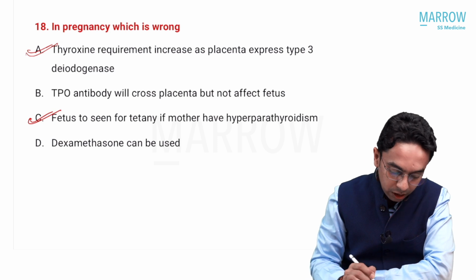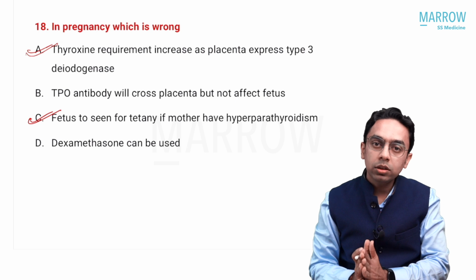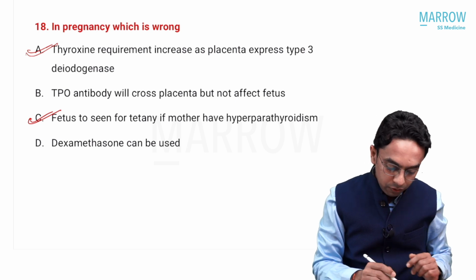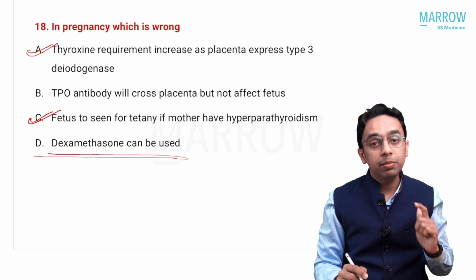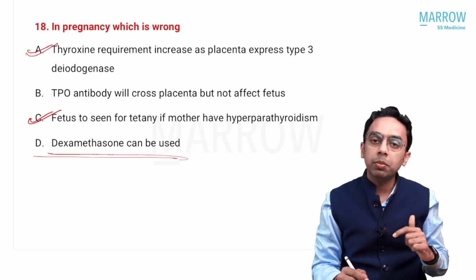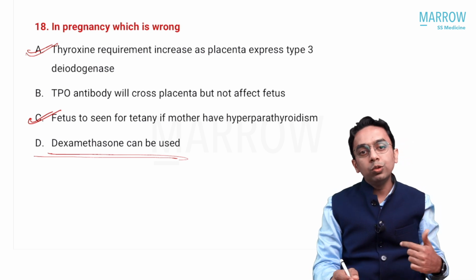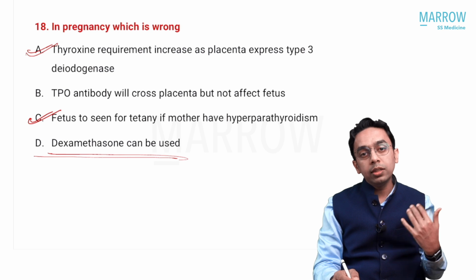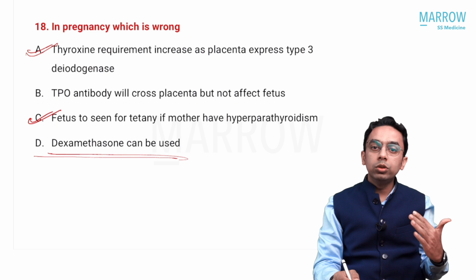Okay, so this is correct. Now coming to options B and D, because these two are slightly controversial here. First, let's see the easy option. Dexamethasone can be used. This may be a correct option or a wrong option. See why? Because it depends on why you are using steroid in pregnancy. What is the indication? Whether you are using it for the fetus or for the